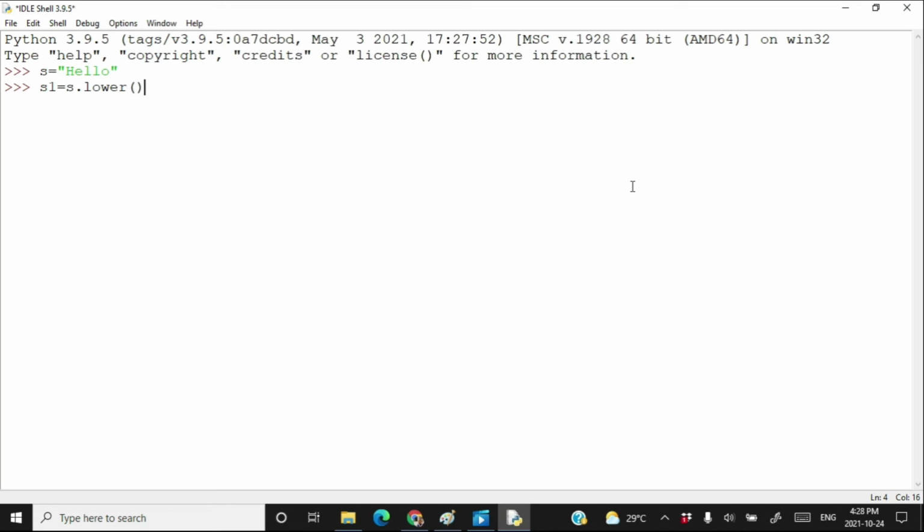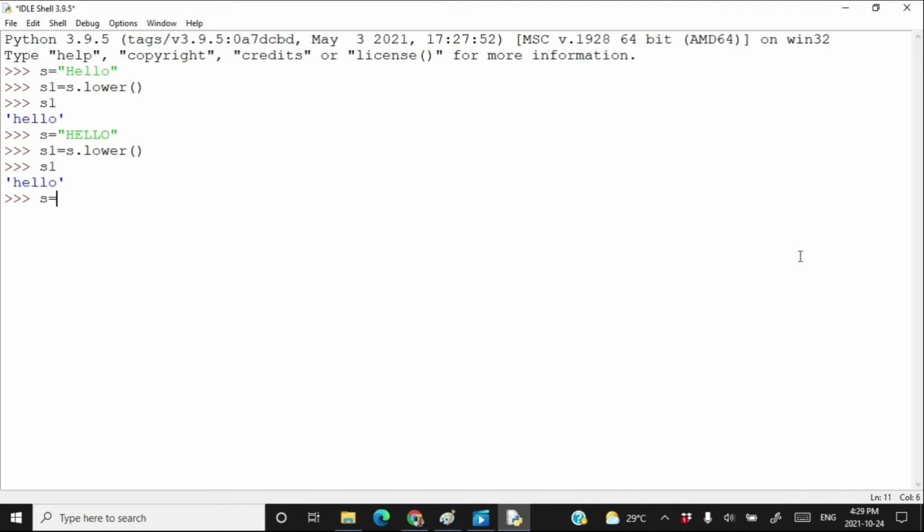So what you do is convert all the characters of the string s to lower case and store the new string into the variable s1, and this is how you got the hello with all the characters in small case. If I write here s is equal to HELLO, all capital characters, then s1 is equal to s dot lower, enter, print s1, and here you got hello.